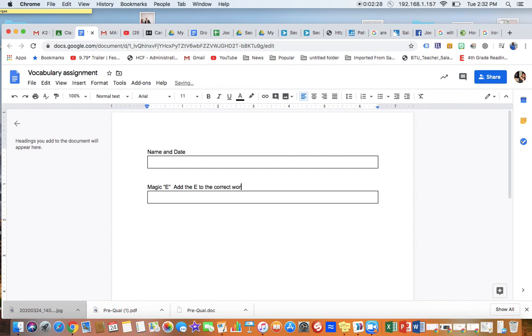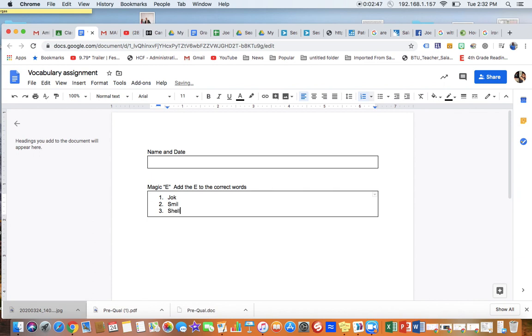correct words, or to the correct words, right? So you can put a list of words. You can put number one, or you can even use the bullets if you want to. Come over here, hit this. We want to put joke, smile, shell, right? And so there they only have to add the magic E to joke and then smile, but